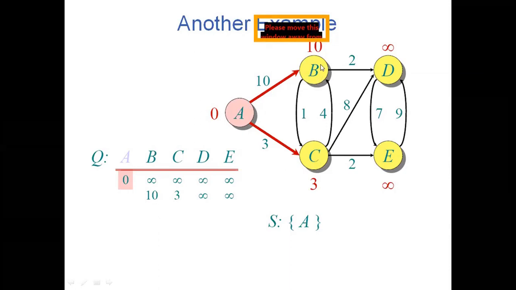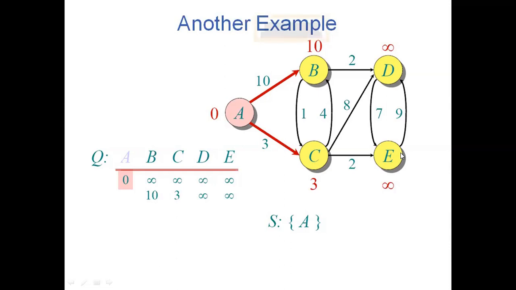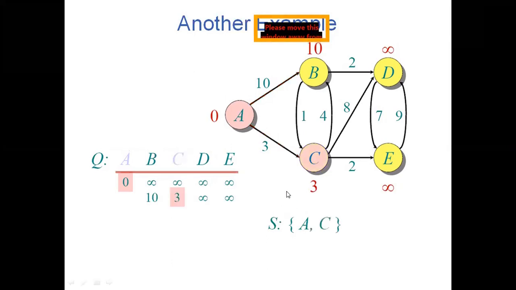So B and C, you can write here, update 10 and 3. But vertex D is not directly connected from A, so you can write it as infinity, and vertex E is also not directly connected from A. There is no direct edge, so we can take that particular value as infinity. In the set of vertices, initially you are storing A. Now select the vertex C, since out of 10 and 3, the minimum cost vertex is 3.